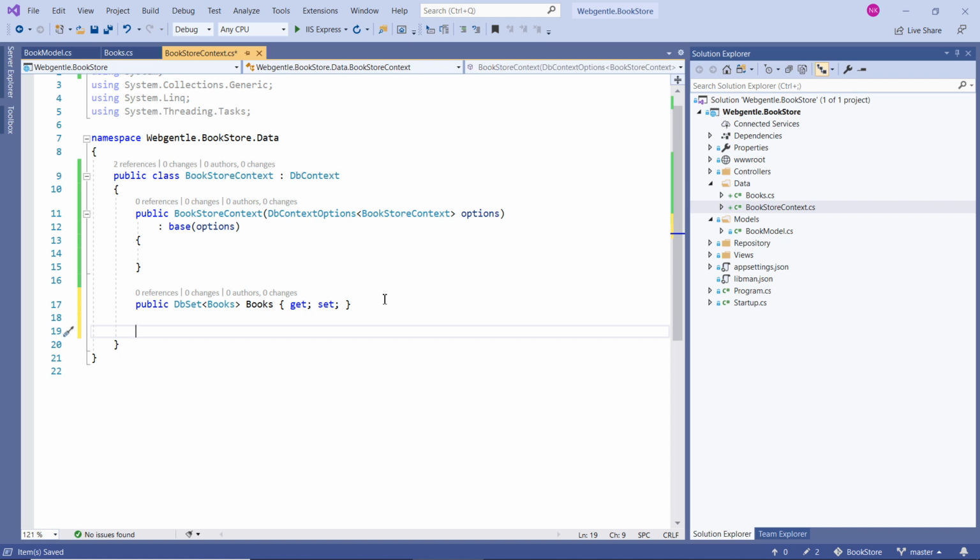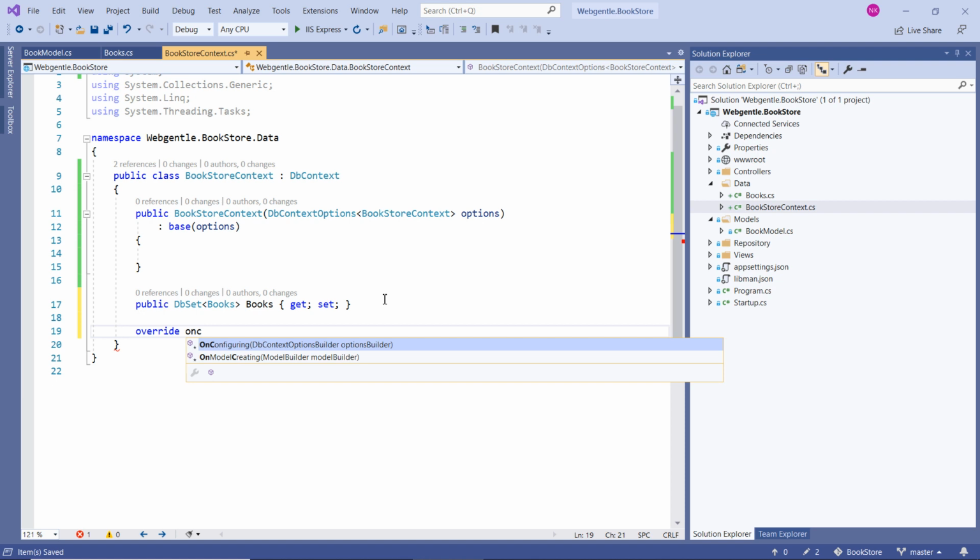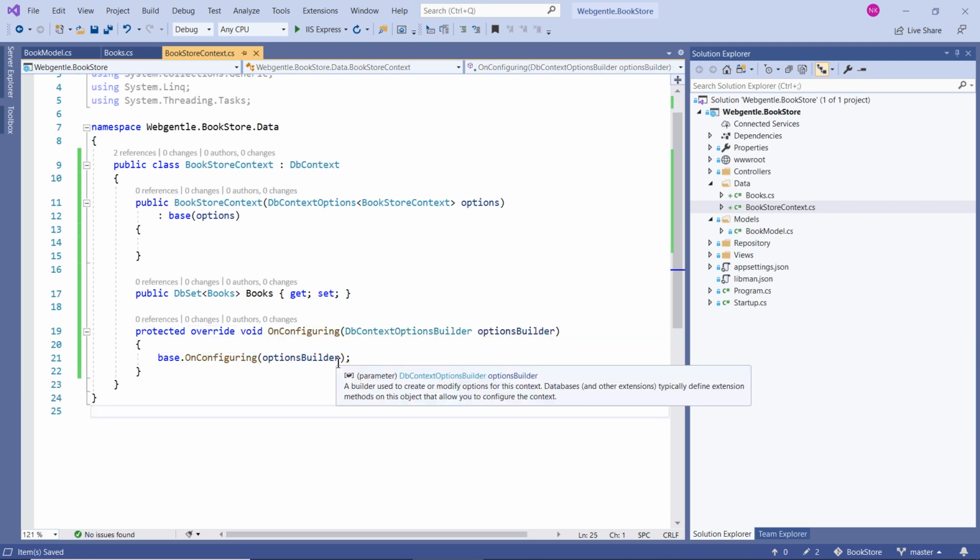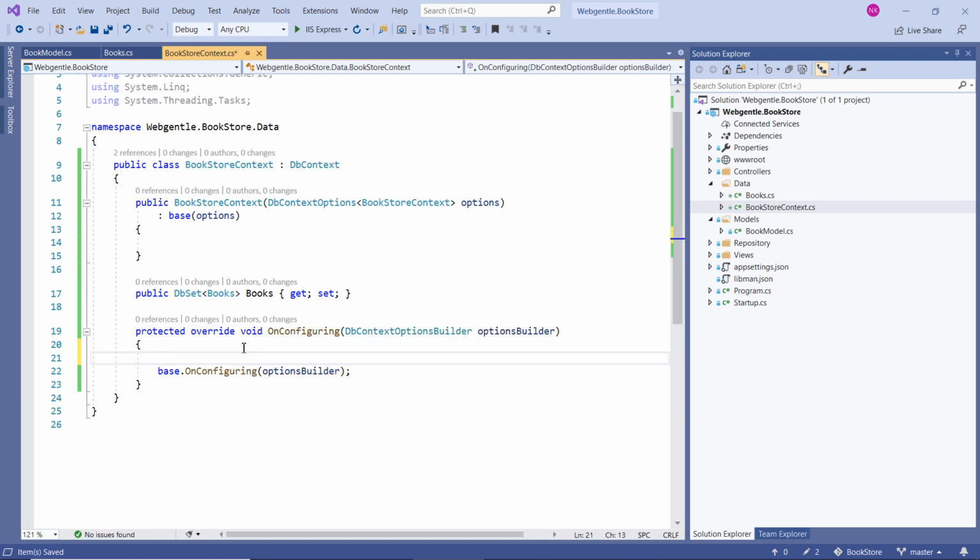First one is we can configure all the details over here in this DB context class, and for that we have to override a method, which is OnConfiguring, and inside this method we have to write some logic. So we have to use this options builder, then UseSqlServer. Why are we getting this UseSqlServer? We are getting it because we have installed the package for SQL Server. If you have installed a package for MySQL or some other provider, then you will get a method with the same name, and then you can use that method.